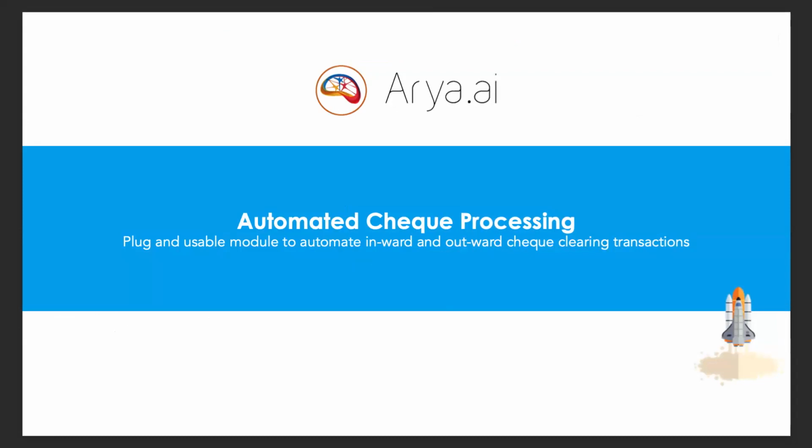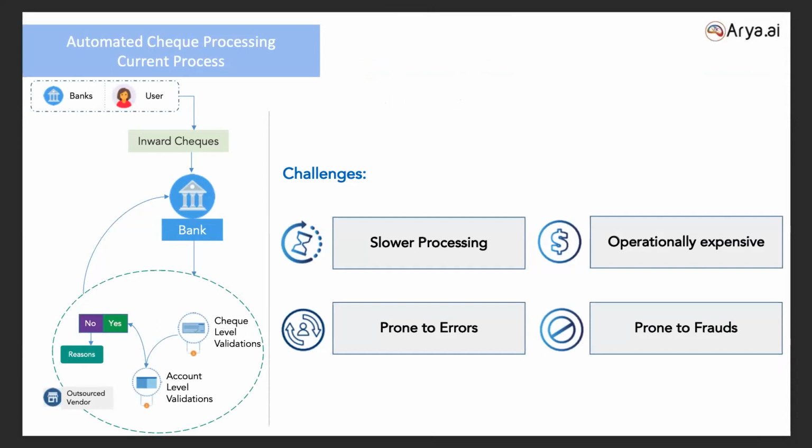As many people are aware of how we do check processing, right? When a customer walks into a particular bank and submits a check, the bank receives it and sees all the validations, and once the validations are clear, they scan that check and send it to the clearing hub. Before that, there is a centralized organization, which is NPCI in India, which processes all the checks and then sends them to the corresponding banks for the clearing part. So that's where the whole process starts.